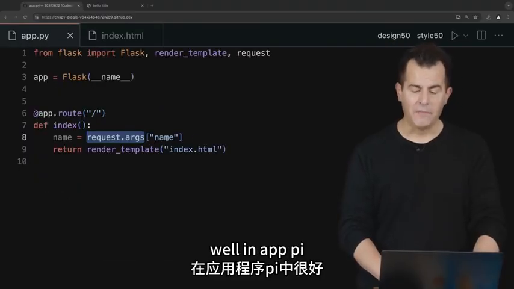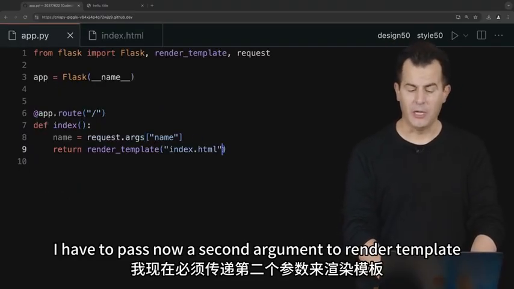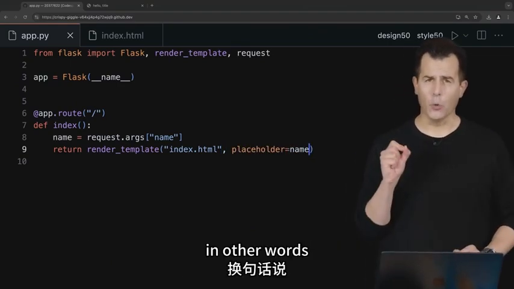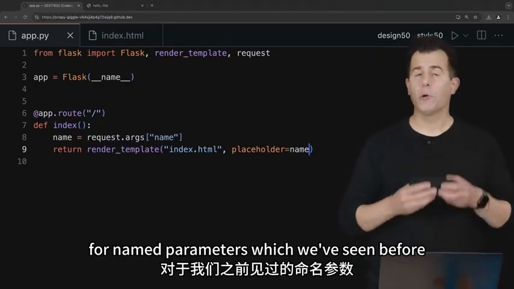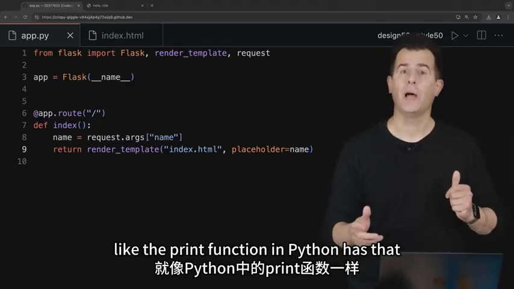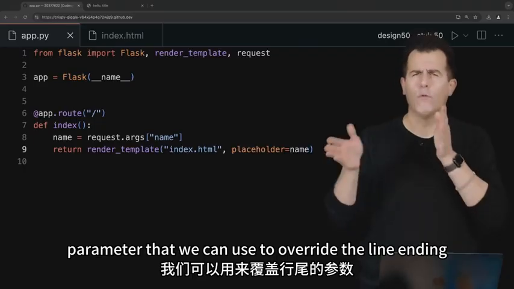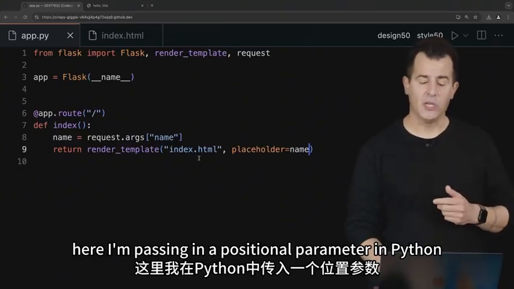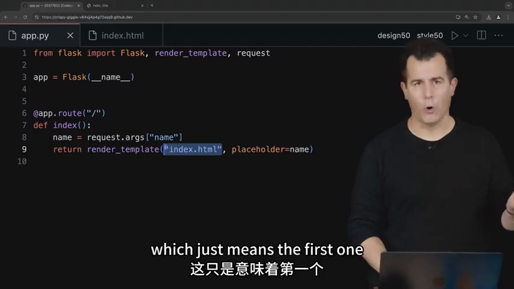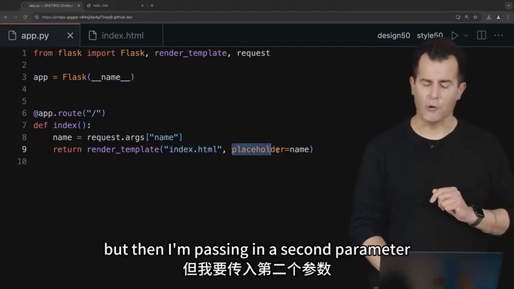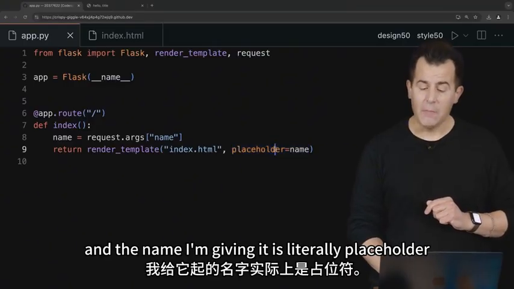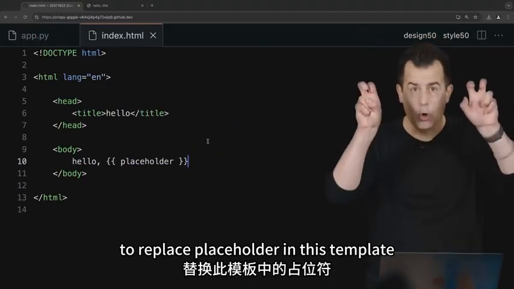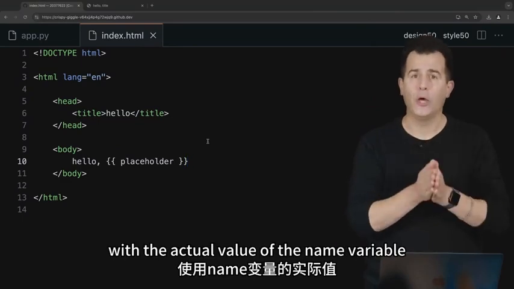Well, in app.py, I have to pass now a second argument to render template. And the convention for that is placeholder equals name. In other words, I can use Python's feature for named parameters, which we've seen before, like the print function in Python has that end parameter that we can use to override the line ending, which is by default backslash n. Here, I'm passing in a positional parameter in Python, which just means the first one, first position. But then I'm passing in a second parameter that has an explicit name, and the name I'm giving it is literally placeholder. Why? Because I want Flask to replace placeholder in this template with the actual value of the name